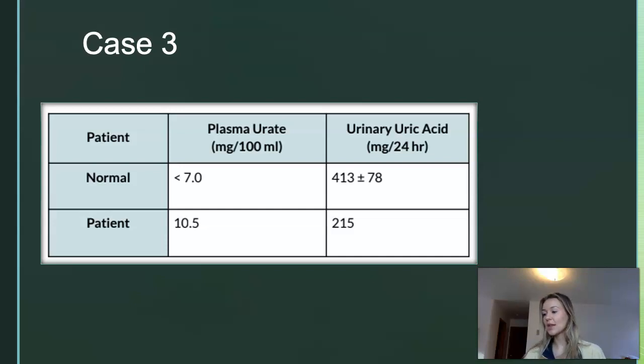Serum blood levels show elevated plasma urate, while the urine sample shows decreased levels of urinary uric acid. Based on his symptoms and labs that are drawn, a diagnosis of gout is made. The labs collected from this patient indicate that his plasma urate is elevated because of a decrease in urinary excretion